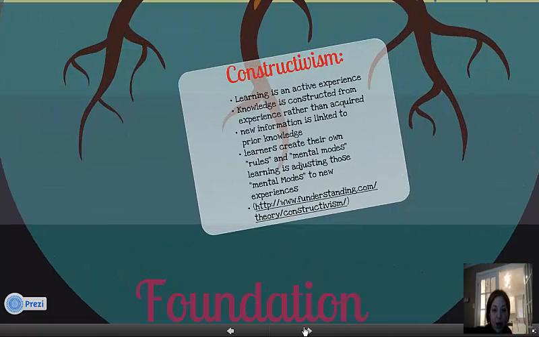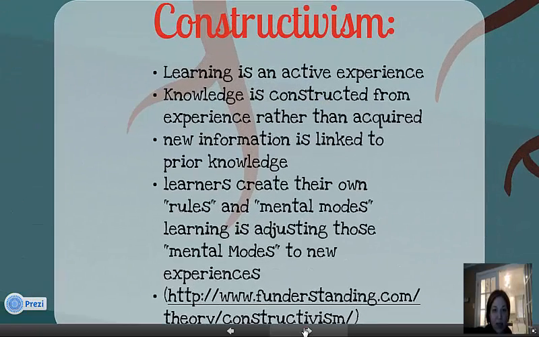And so I am a constructivist at heart. I really do believe that learning is an active experience, or should be an active experience, and that we do construct our knowledge based on our past. New information that we acquire, we sort of incorporate and see if it works, and if it doesn't, we reconstruct our knowledge. So I'm not going to read you what it says here. It's here. But this is what I feel is the foundation to the three learning theories that I chose, and also how I generally conduct a classroom based on age.